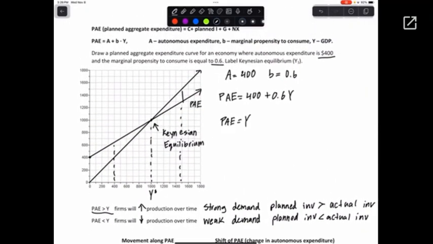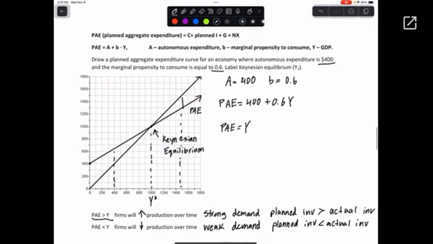That's basically it for planned aggregate expenditure and how firms adjust their levels of inventory based on the amount of